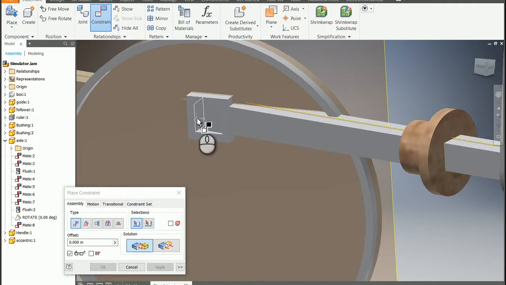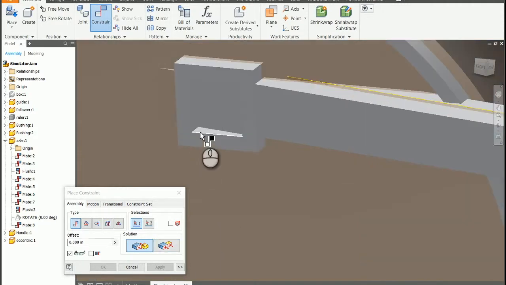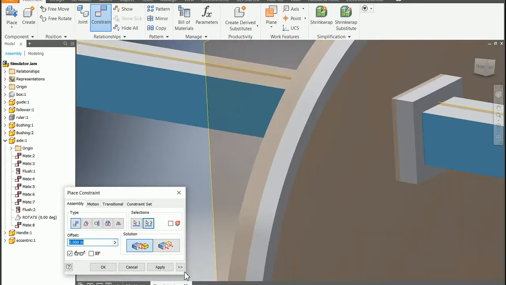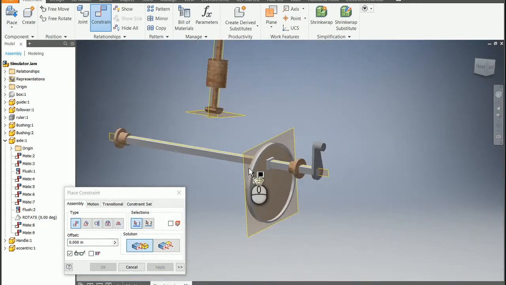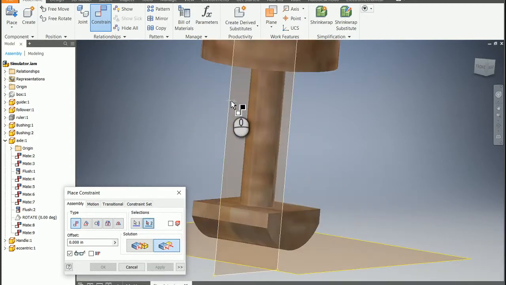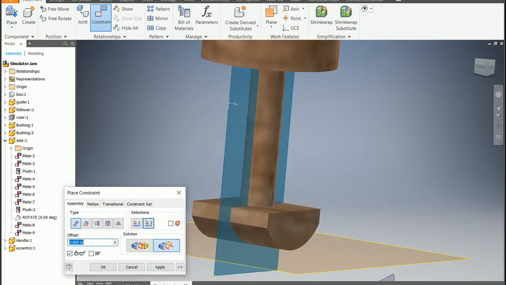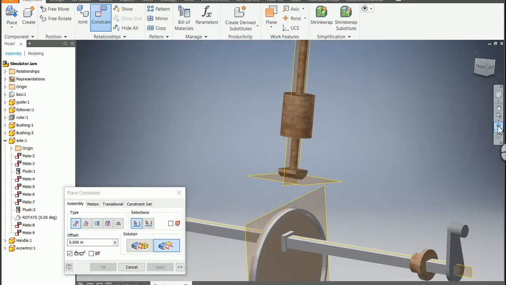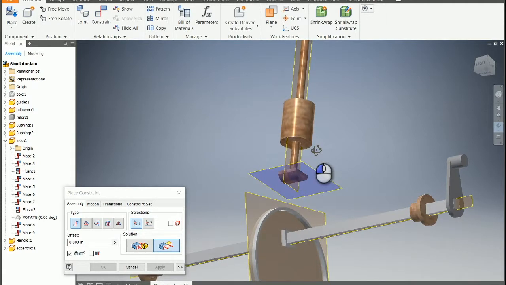Then I can go ahead and get that part and this part and apply that. And then I'm going to do a flush, and I'm going to do this one and this one, so it'll line up underneath like so. Then I'm going to twist it a little bit,